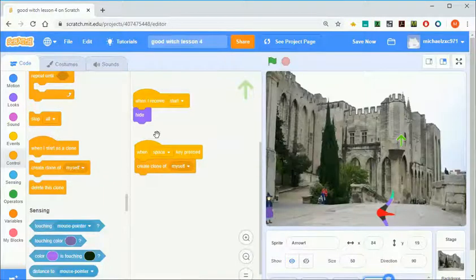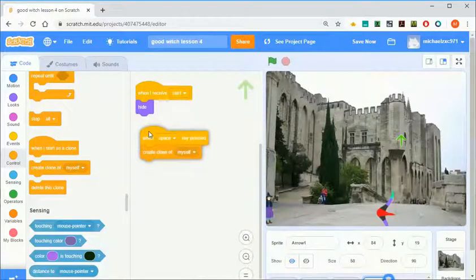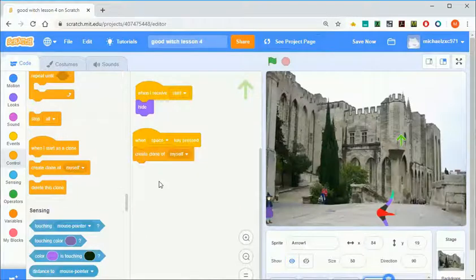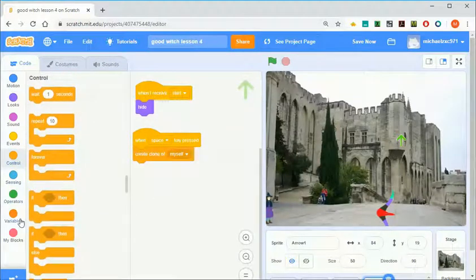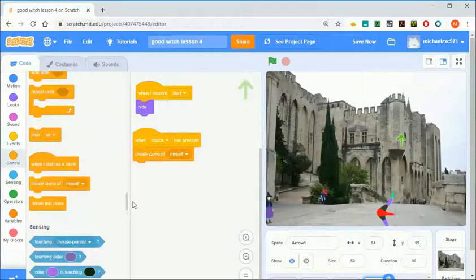So this is an interesting concept in computer science. You can make copies of an object. In Python they might be called classes, and in other programming languages they might call them instances of an object. So every time you hit the space bar, you're going to make a copy of the arrow. And then when you say control, now you've created a clone of the object, a copy. And when I start as a clone,